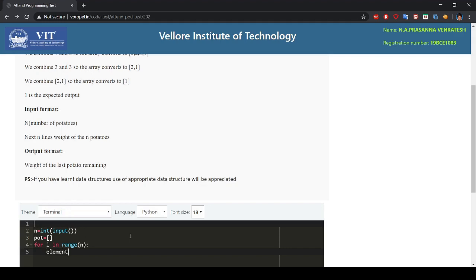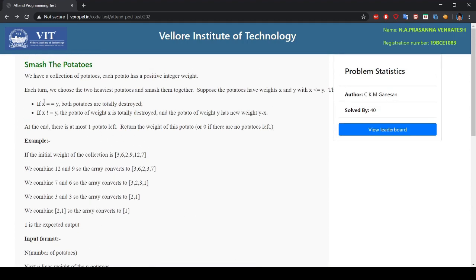So element is equal to int of input, then we should append the element to the potatoes list. Now that the inputs are over, we should do the coding part.